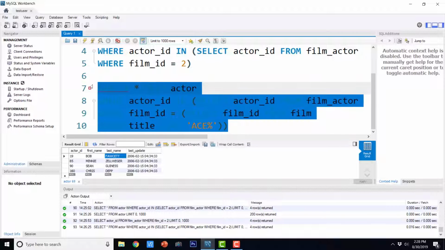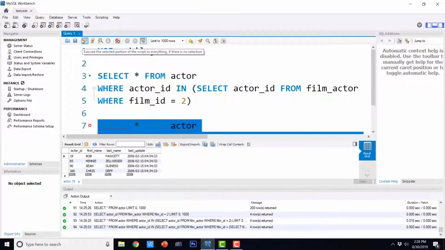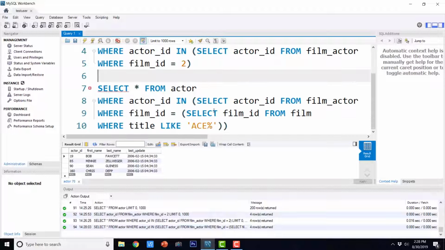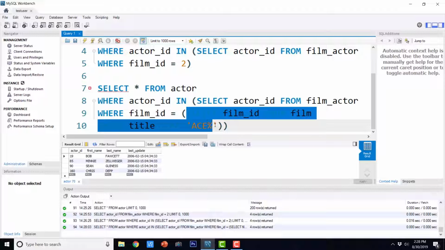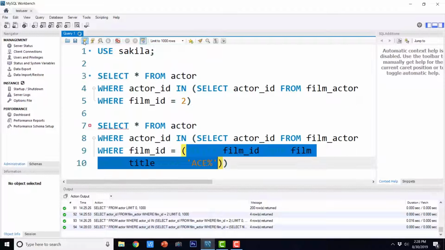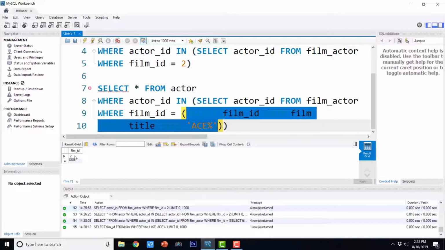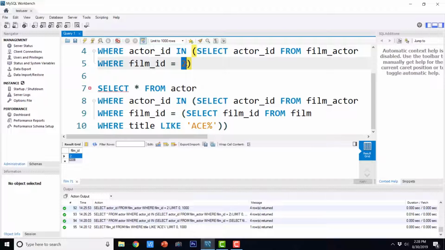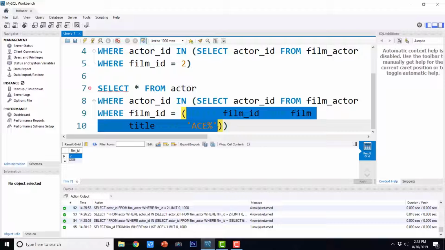So let's execute this, and this is the output. Basically this query returns the ID of a film, that is 2. So here we have 2, but here we are retrieving that 2 using a query again.